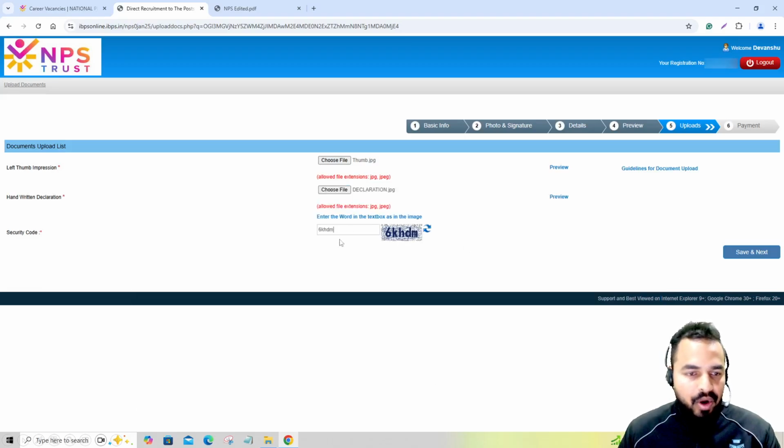So here now I have basically added my security code as well, and now I'm clicking on save and next. So guys, let me tell you that the next step is of the payment process, right? As I am basically filling out the form in the SC category, it will not be taking me to the payment process. But if you are someone who is filling out your form from the general or OBC category, then definitely you will see that it will be taking you to a payment page, जहाँ